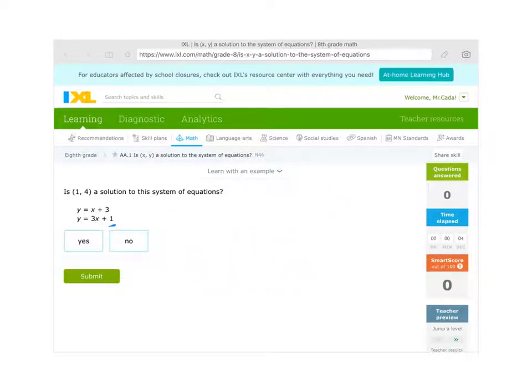Let me do the same thing on this one, okay? Let me get my pen out. And again, this one says (1, 4). Check to see if (1, 4) is a solution to this system of equations, okay? So starting with the top one up here, I'm just going to write left to right. I'm going to write the equation over here, but I'm going to write the numbers in that they give me. This is x, this is y. I'm going to fill them in. So y, which is 4, equal sign,